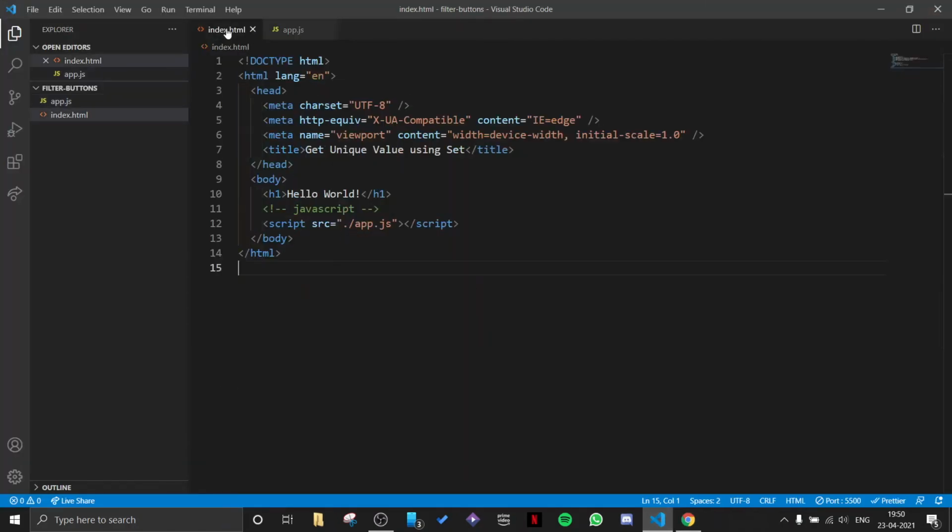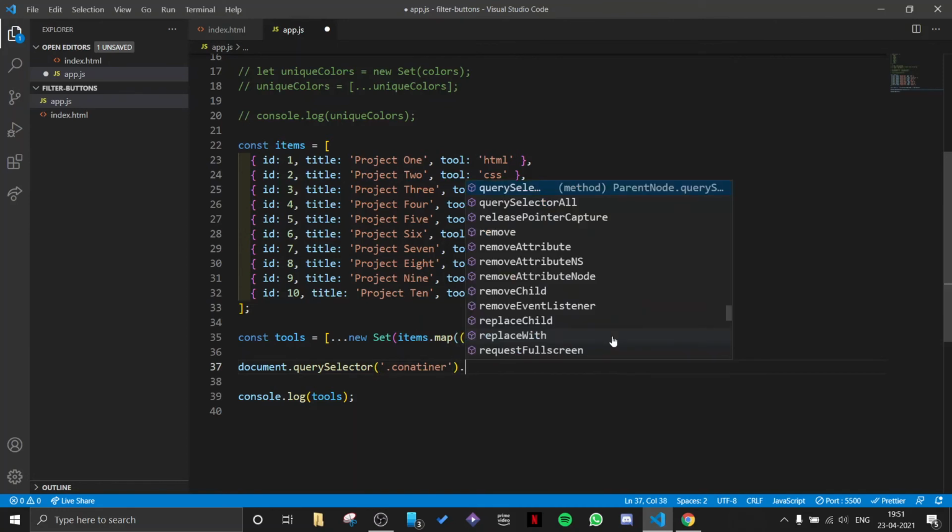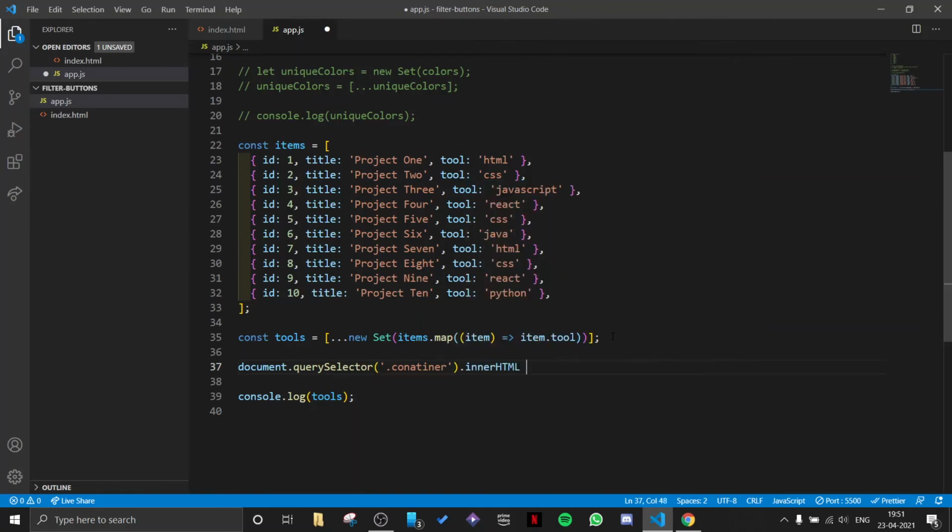So the first thing I will do is move to my HTML and I will delete this hello world, and I will create a div with a class of container. We wanna move our buttons inside this container div. So let's go here. I will select my container using query selector, and we will use inner HTML.